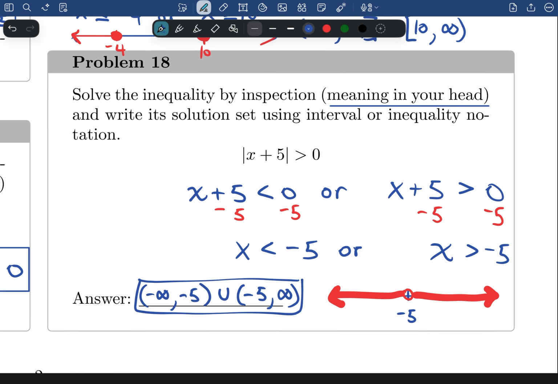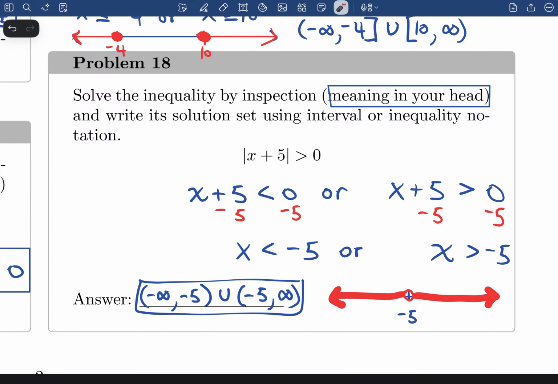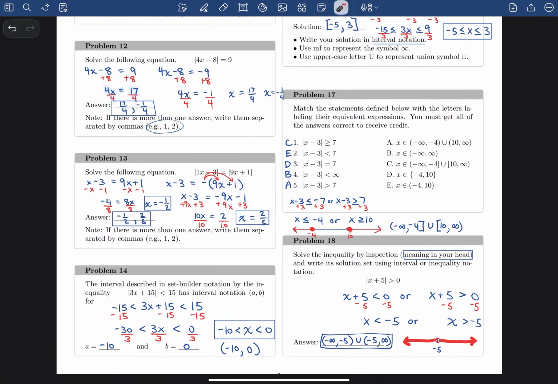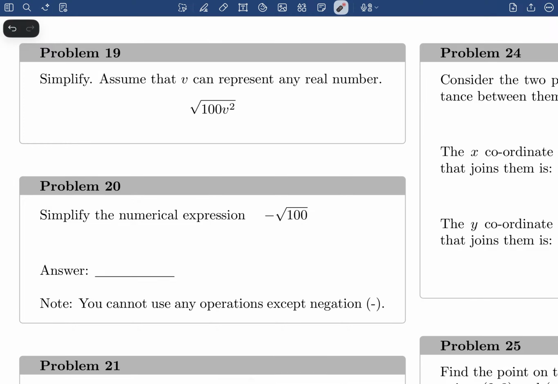Great. Okay, to finish, I would ask you, would you be able to solve the inequality simply in your head? I recommend writing it out. Okay, we have the format that we learned in 2.7 for solving absolute value inequalities. Let's move forward, and we're now going to move on to the stuff from chapter 8, which is about radicals,